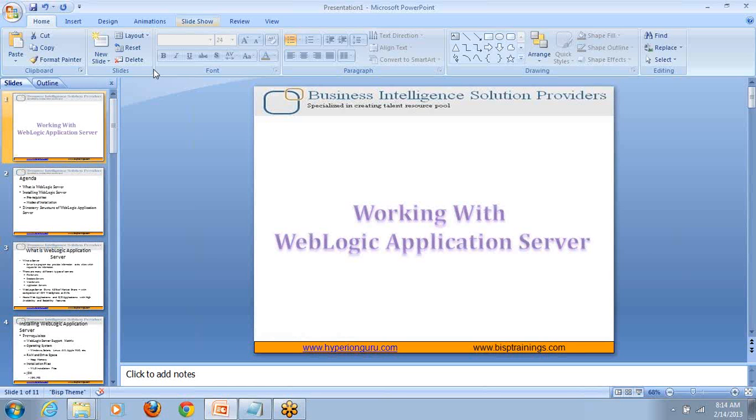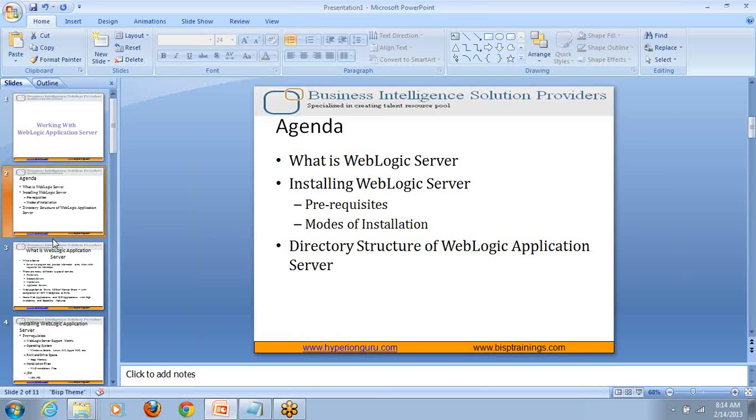Right. So today's agenda is what is WebLogic server, installing WebLogic server and the prerequisites we need, and the modes of installation, directory structure of the WebLogic server we will be studying. After that, we will be looking at